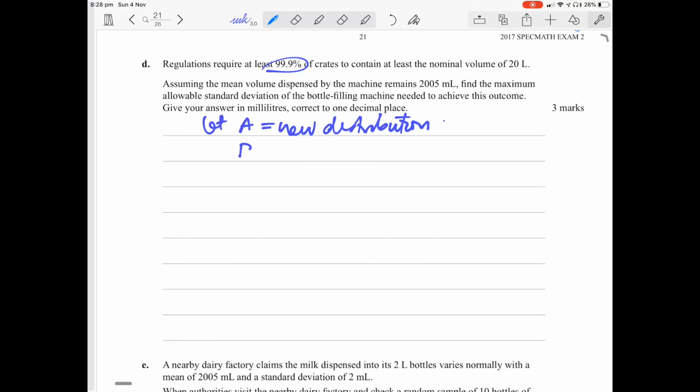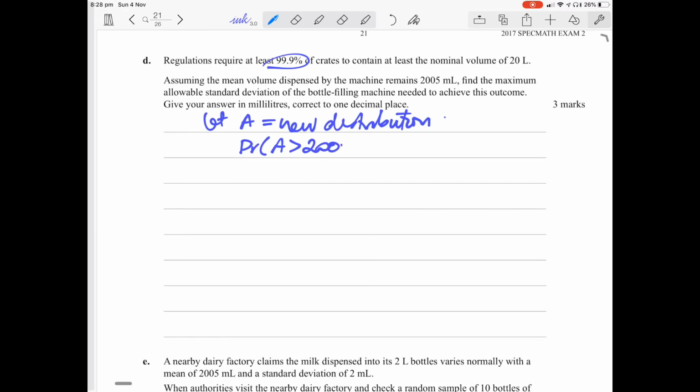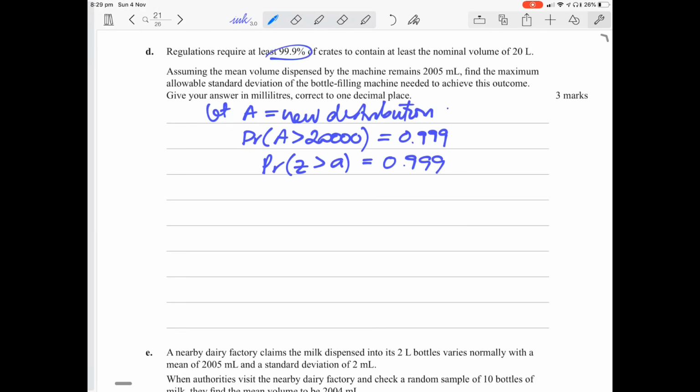We know the probability that A is greater than 20,000 has to equal 0.999, which is 99.9%. So you can say probability that Z is greater than a is equal to 0.999. So therefore, a is equal to